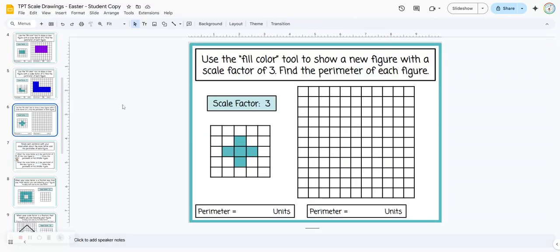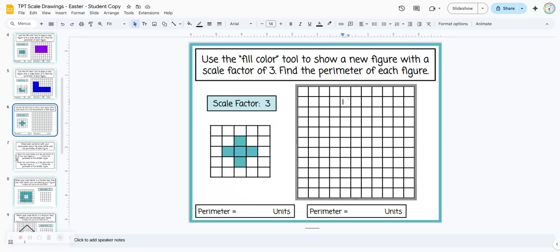Now the next one's a little bit tricky, so you might want to start this one with the students and then see if they can finish it on their own. So this one we're scaling up by a scale factor of 3. I would start with just one of these squares here, and it's now going to be 3 by 3. And that would be equivalent to just this one square. So if we fill it in,